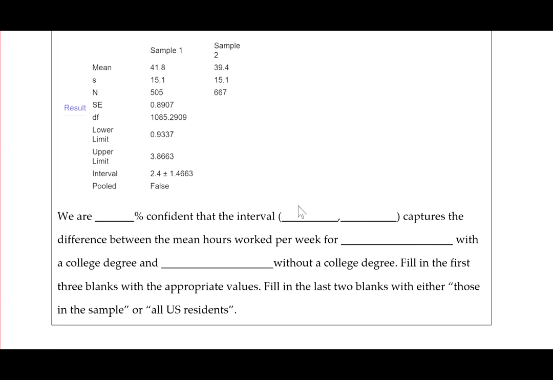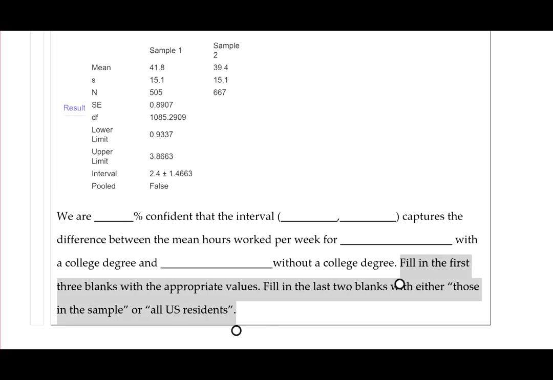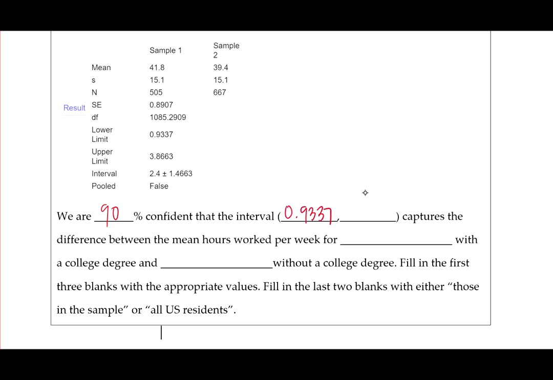We're going to fill in these blanks, and notice the instructions here at the end say to fill in the first three blanks with the appropriate values, and then fill in the last two blanks with either those in the sample or all U.S. residents. Okay, the confidence level was 0.9, so we're going to say that we are 90% confident that the interval that starts at 0.9337 and extends up to 3.8663